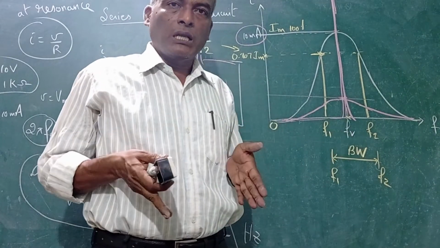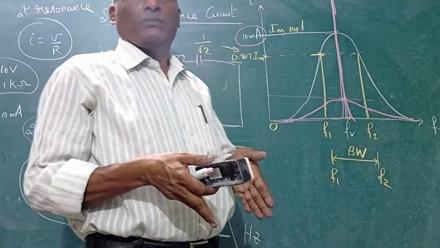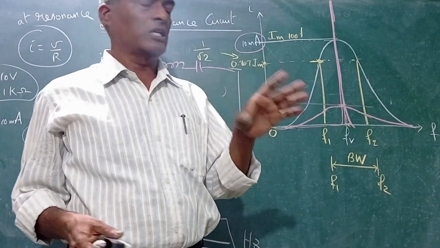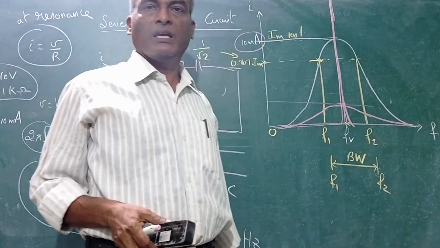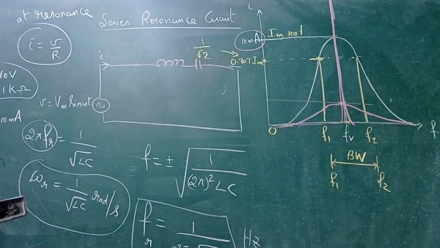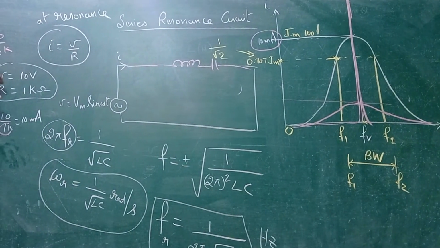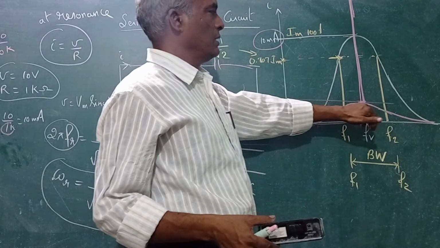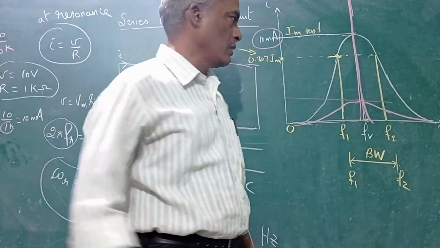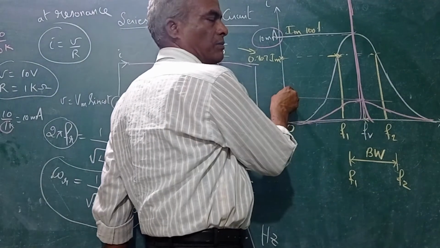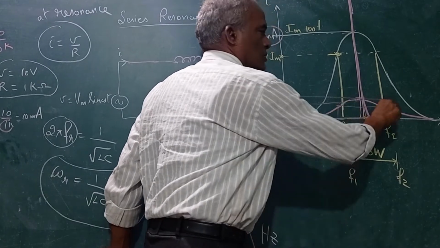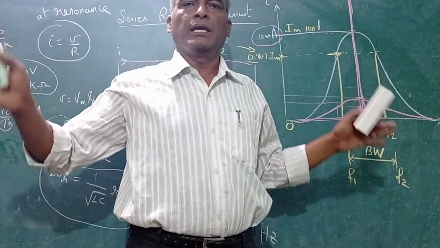But if you want to allow a range of frequencies which is acceptable, that is from F1 to F2, there should be some resistance, then only you will get this bandwidth. Okay, but if the resistance value is too high, that is 10K, then the magnitude will be very less, whereas we will get a wide bandwidth. Wide bandwidth means if you take this as the maximum, then 70.7% of the maximum will be somewhere here. So that means the bandwidth will get increased.